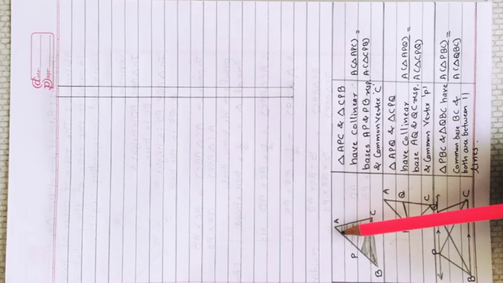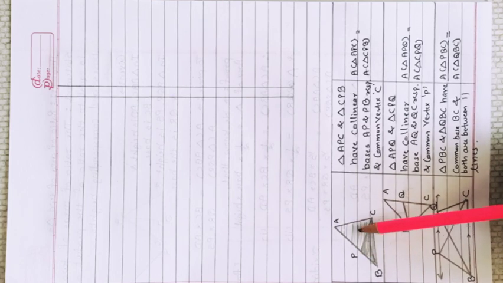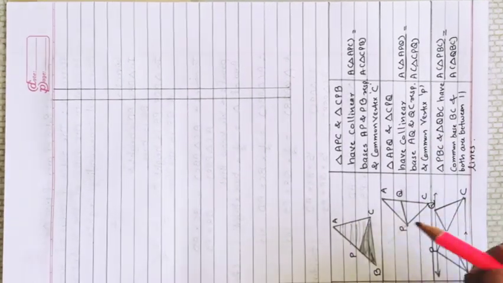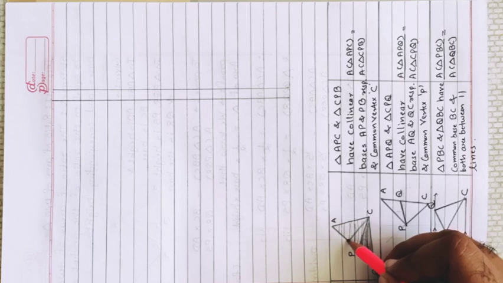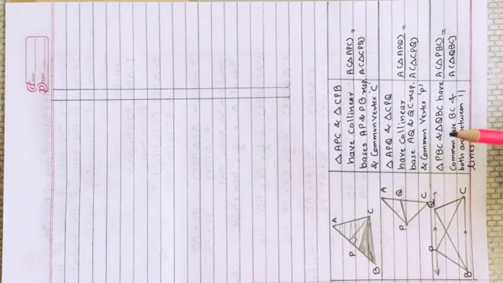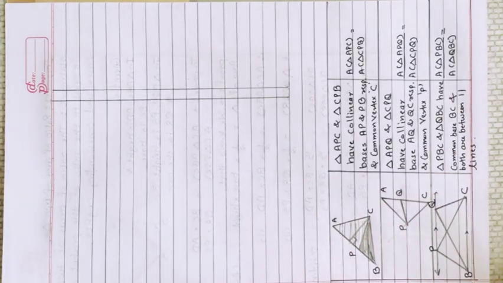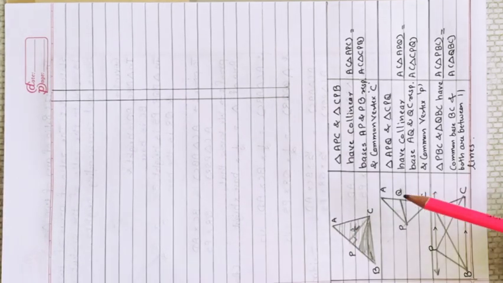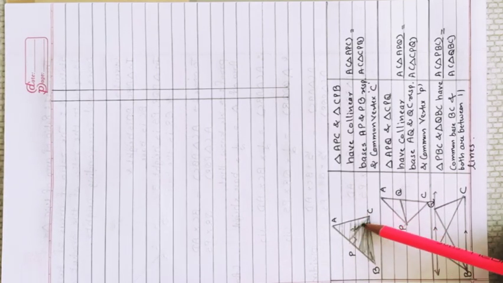Here, if you consider AP and BP as the respective bases of these two triangles, then the height will originate from the opposite vertex, that is C. So this will be the height. Now, what will be the height of triangle APC? Definitely this perpendicular. I'll assume it as x. And what will be the height of triangle CPB? This will also be x, outside the triangle, but then too, because height is always perpendicular.